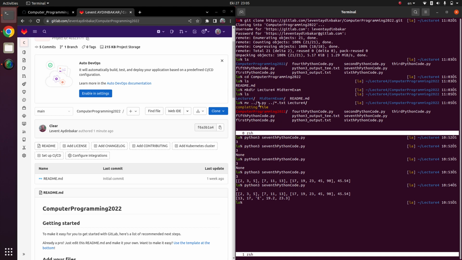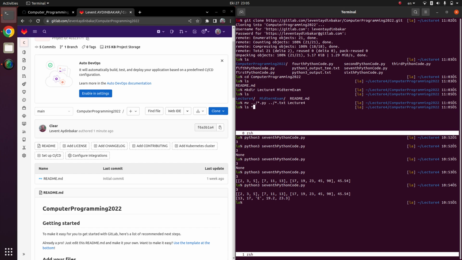Star means all the files with the extension of py, all the files with the extension of txt, for example. Now we will copy or move all these files written in white from the lecture 4 folder, which is the upper directory, to this lecture 4 folder. Okay,